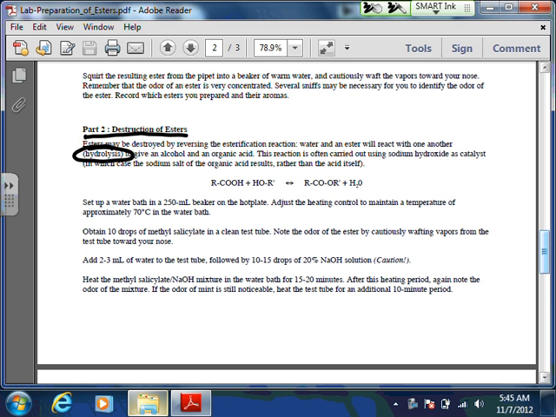So the water and the ester reacting with one another to give an alcohol and an organic acid. You might remember me talking about this earlier in the semester, that hydrolysis is kind of the opposite of an acid-base reaction. So hydrolysis is a salt and water combining to make an acid and a base, okay? And so that's what's happening here with this hydrolysis. This alcohol is going to kind of act as the base in this particular instance, and then you have your organic acid, okay? Because you're starting with the water and the ester, and the ester sort of works as the salt in this particular instance. So you just need to look up a good definition for hydrolysis,